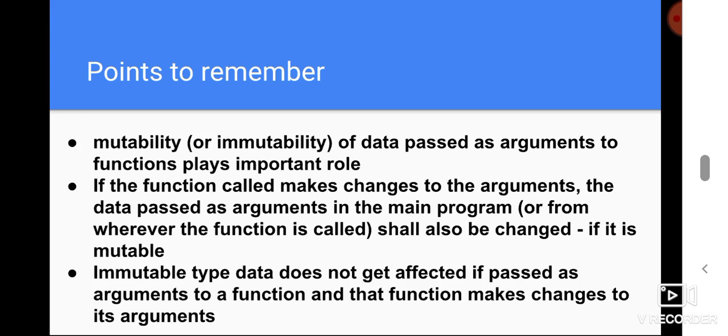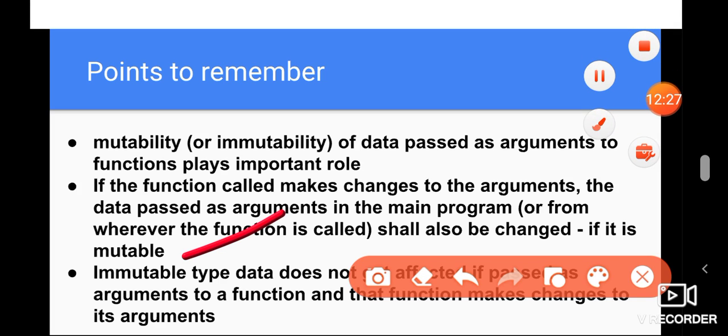From wherever point the function was called, the data will be changed if the data passed is of type mutable. Okay, if mutable data is passed and changes are made to it within the function, then the original data which was passed at the point of function call will be affected.